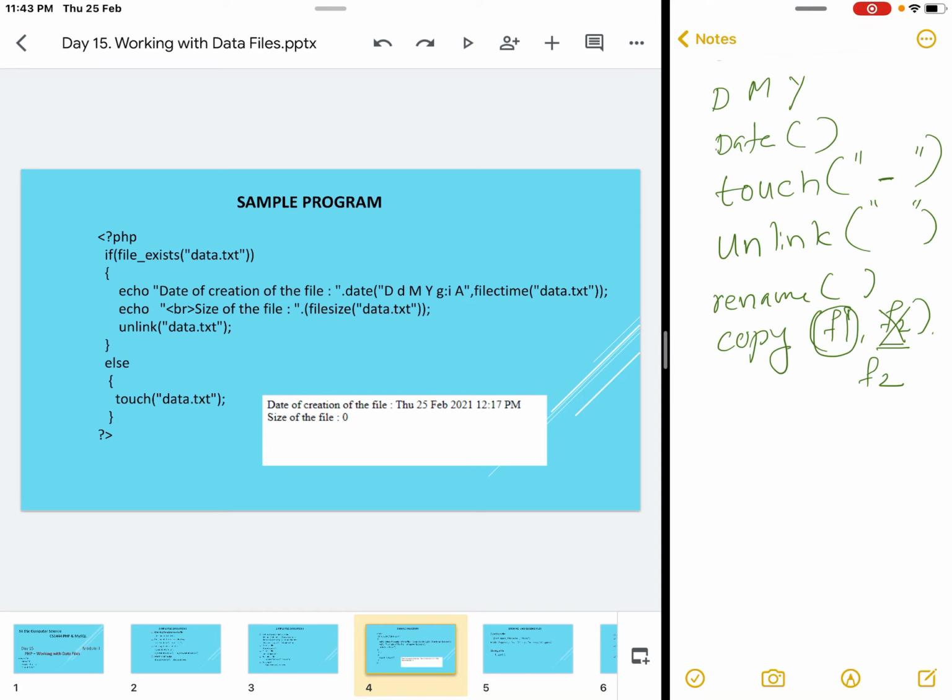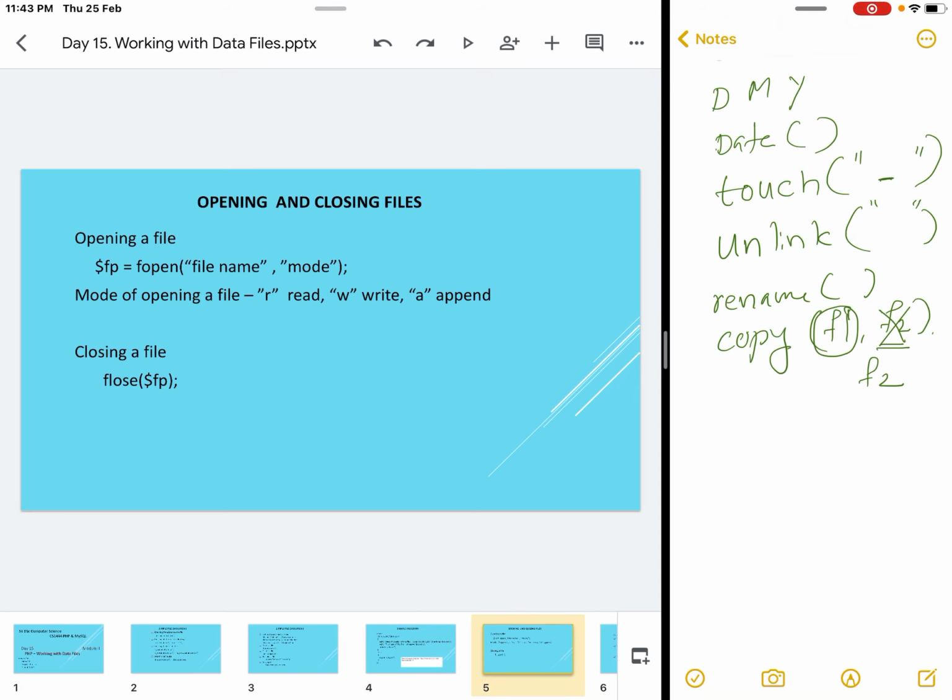After that, it is deleted from the folder using the unlink function. And if the file does not exist, a new file called data.txt will be created. In the output screen, you can see that it is already an existing file. The date of creation of the file is displayed and the size of the file is also displayed.